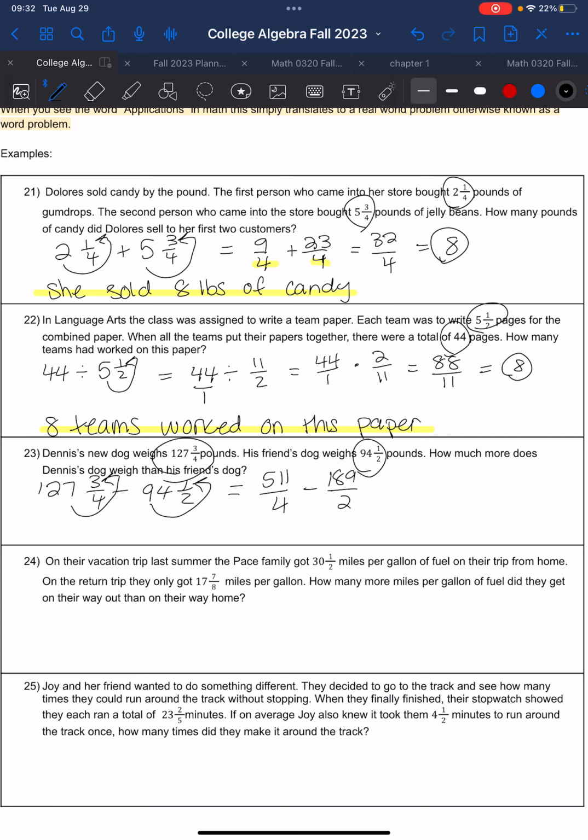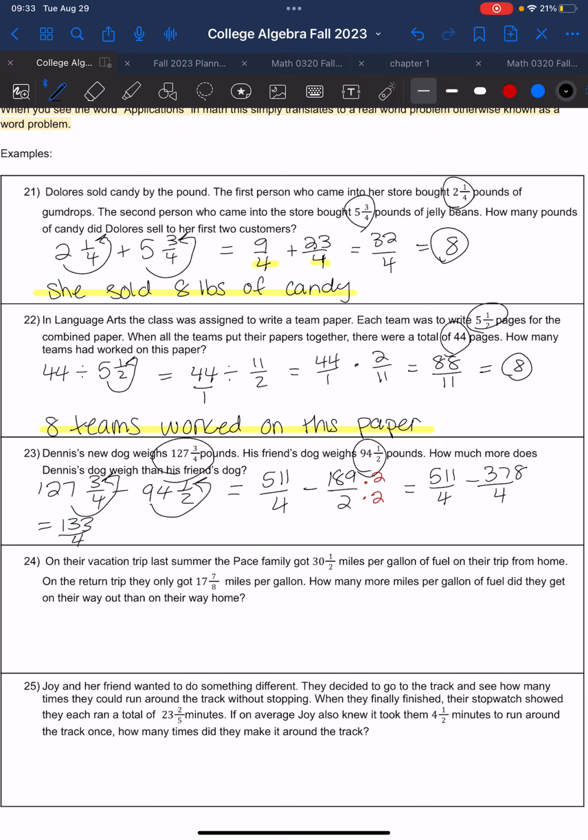I want them to have the same denominator. So what I could do is multiply that second fraction, top and bottom, by 2. And then that way I would have both the same denominator of 4. So that's what I'm going to do. Multiply this one, top and bottom, by 2. So that leaves me with 511 over 4 minus, so 189 times 2 is 378 over 4. And now if I subtract that, I get 133